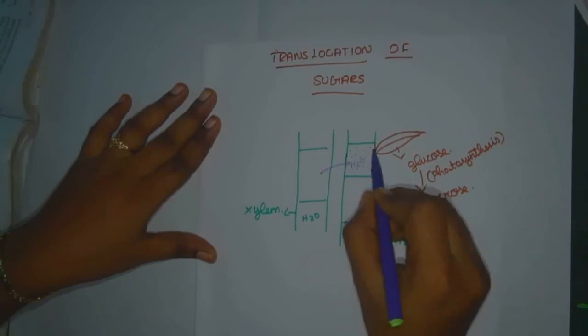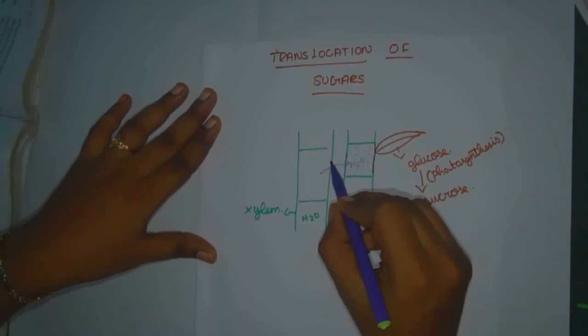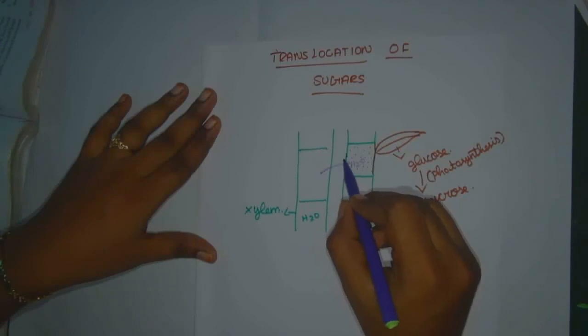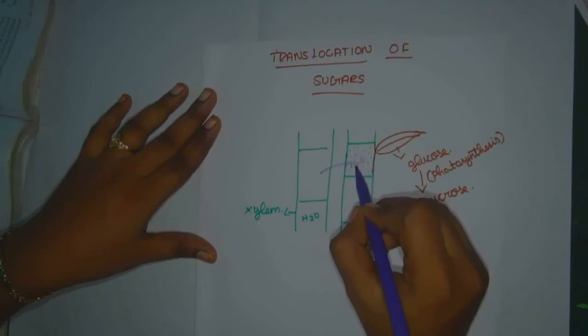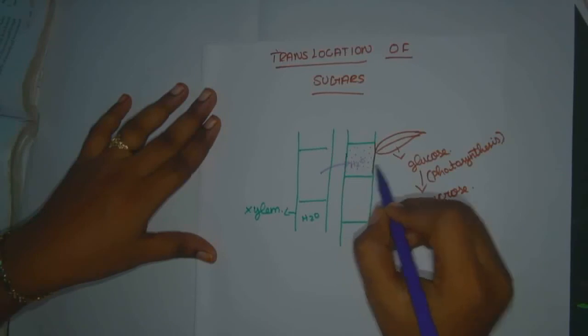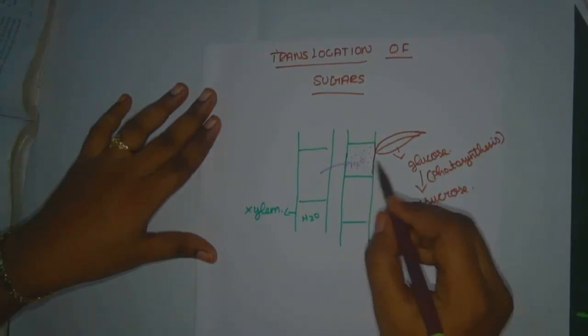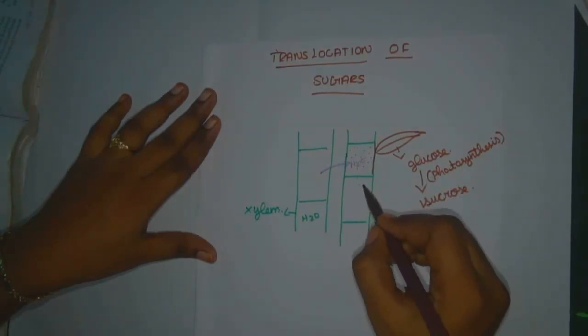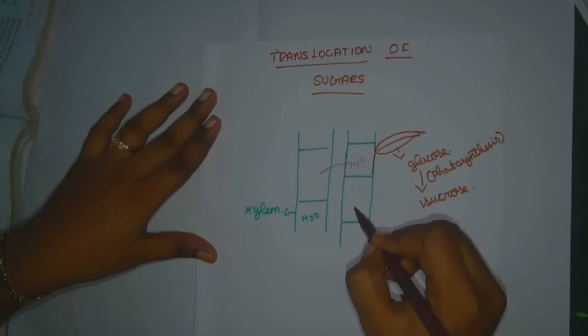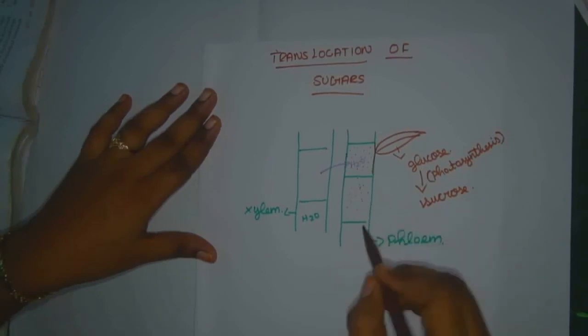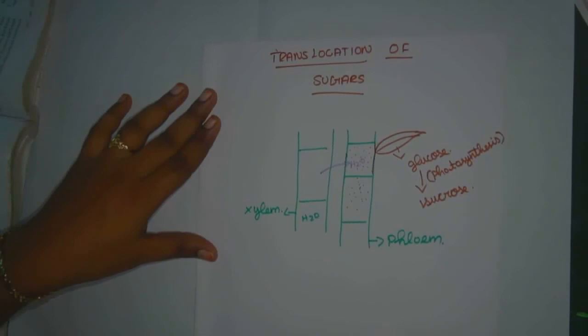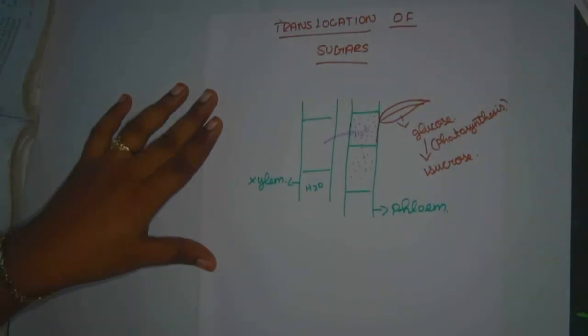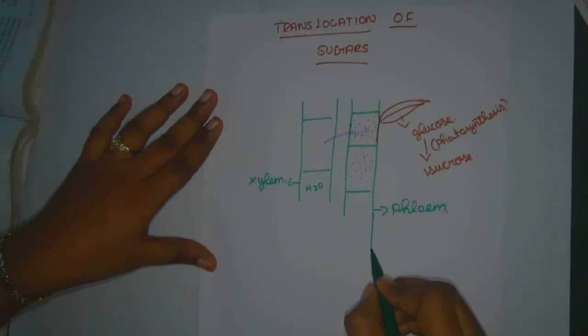Same like that, here we say osmosis. Here also they have an osmotic layer, a semi-permeable membrane. Through the semi-permeable membrane, water enters into the phloem part. Now the sucrose gets diluted and enters into the sink portion, and where it is needed, it gets stored. For an example, it is needed in the fruit part.